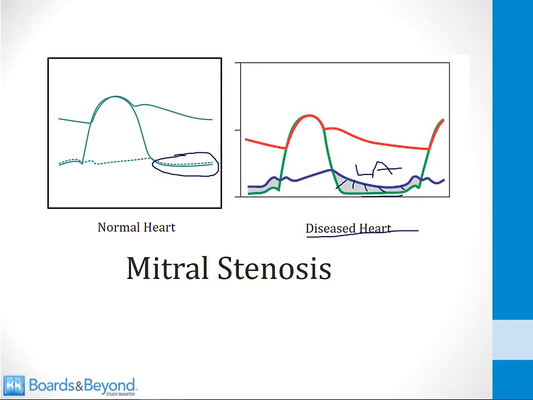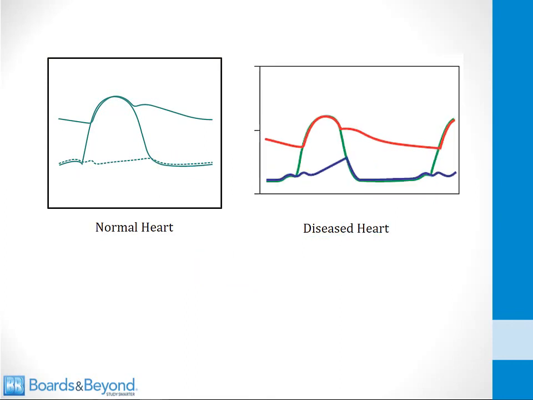In mitral stenosis, pressure in the left atrium gets very high in order to push open that stiff mitral valve, and that moves this blue line up so that it is much higher than the green line. The 2 lines are not on top of each other as they are in a normal heart. If you look at this normal heart over here, the left atrial pressure really rises only very slightly throughout the course of the cardiac cycle. In this disease heart, what we've got is a big abrupt rise in the left atrial pressure. Something is making left atrial pressure rise to a much higher level compared to normal, and that's what happens in